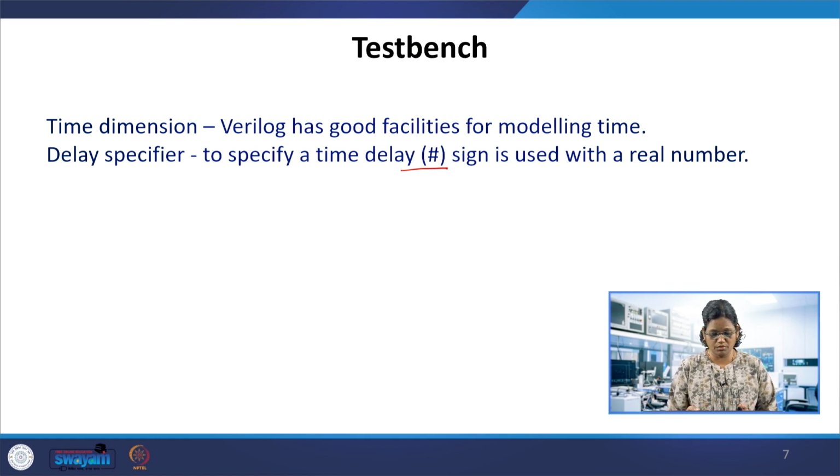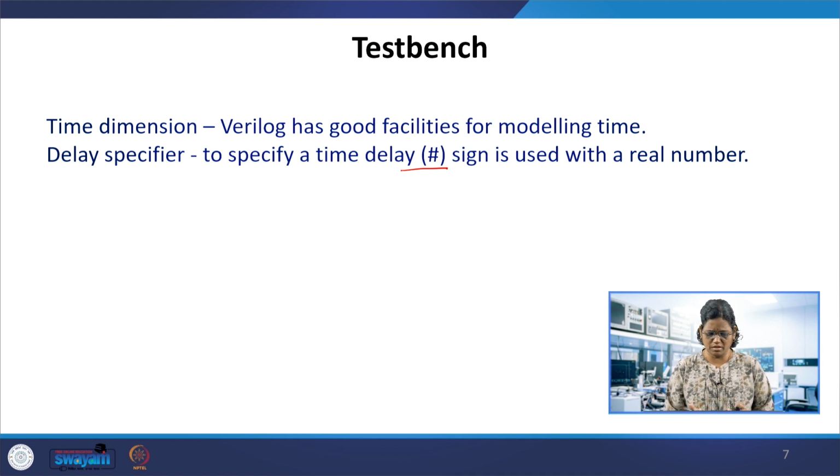That is one facility which handles the timing. Suppose you give the input at #100 and then another combination of input at #20, or you want to generate a clock with a certain time period, we can use the delay for generating the clock.